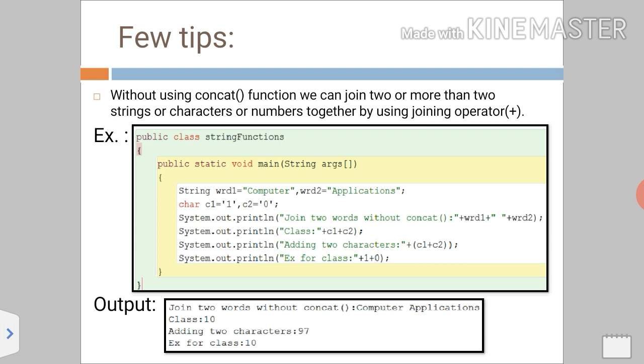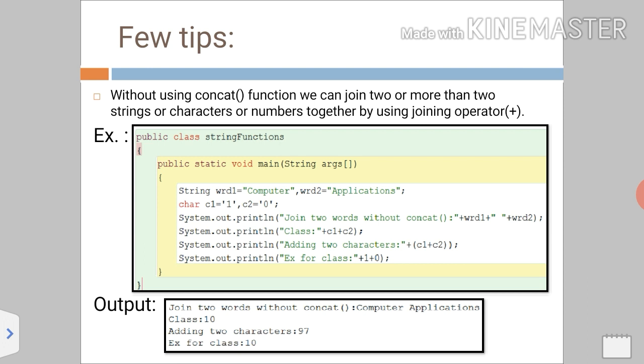If you want to join two characters together, you can use the plus operator. If you want to add two characters together, you can use the plus operator. If you want to join two numbers together with a string, you can use the plus operator.